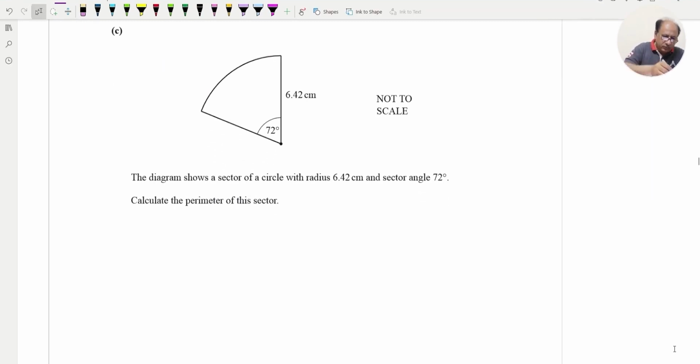Now for C part, a sector is provided, and the diagram is not to scale. The diagram shows a sector of the circle with radius 6.42 and sector angle 72. Calculate the perimeter. So for the perimeter, this side is also 6.42. The only task remaining is to find this arc length,